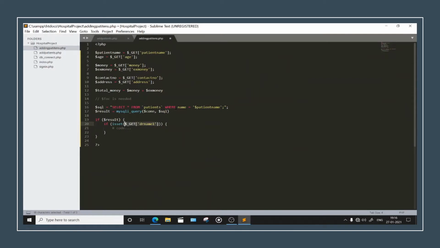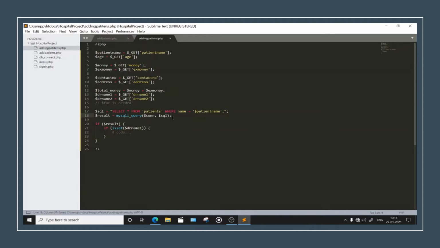Okay, well let's just try. I want this thing to be tried. If we have $doctorname1 equals, I have another way, don't worry. If this thing fails, then I will be doing once again $doctorname1. Okay, so what I need to do is once again put $doctorname2 equals, paste it here, put doctor name 2. Well, I'm just forgetting one thing. Many times I have forgotten. Okay, here once again, please don't forget about adding the semicolon.